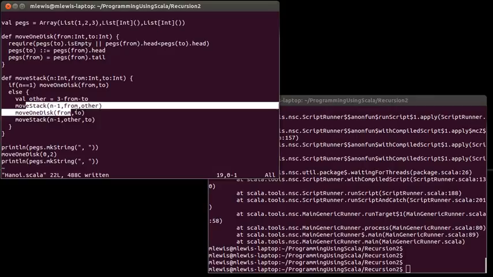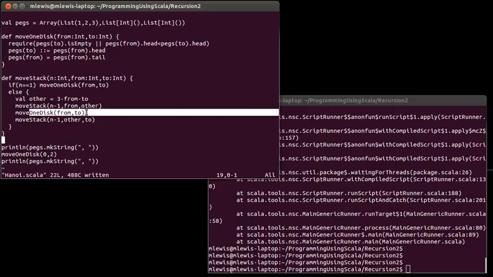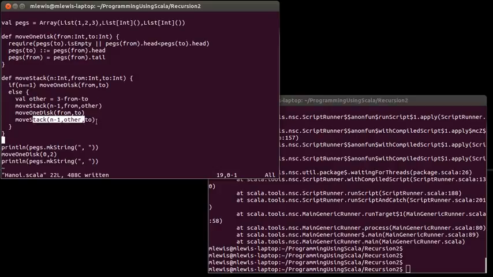So move n minus 1 to the peg you don't want to have at the end. Then move the bottom disk all the way over to where you want things, and then move the n minus 1 to where you want everything. Okay. This is a simple application of a recursive function call,